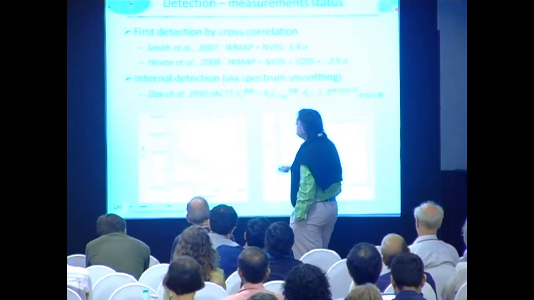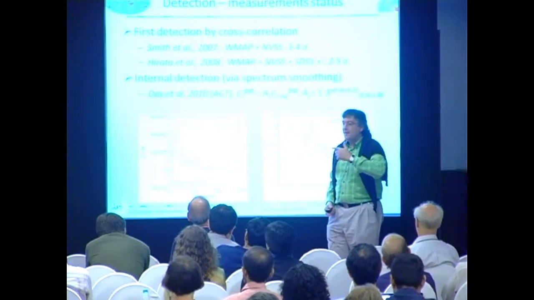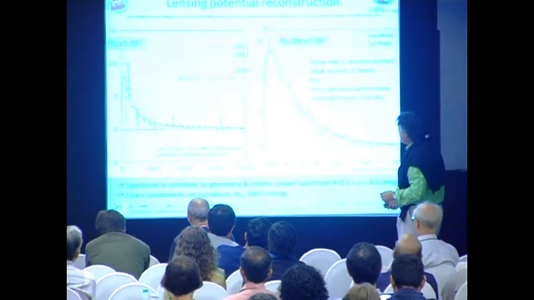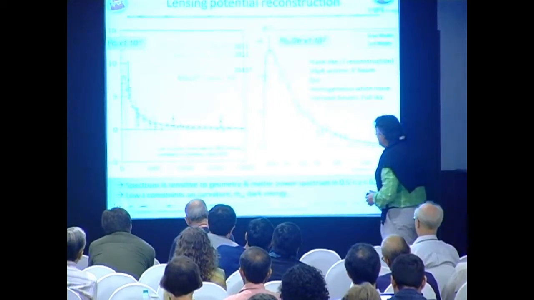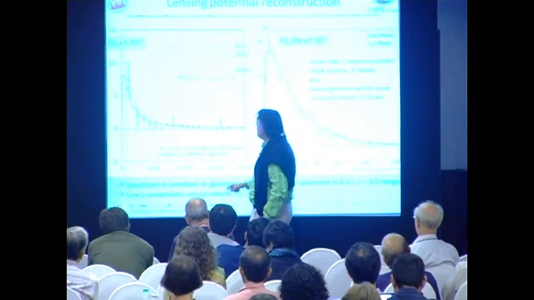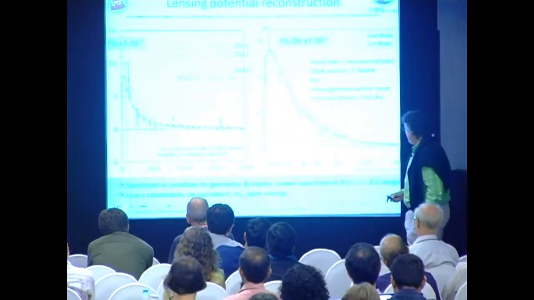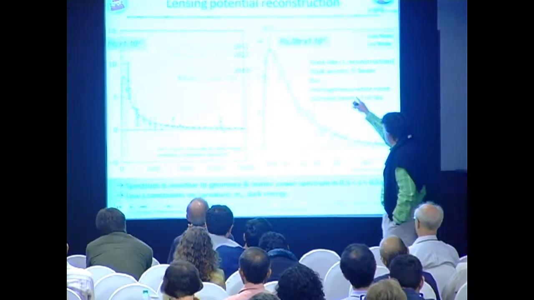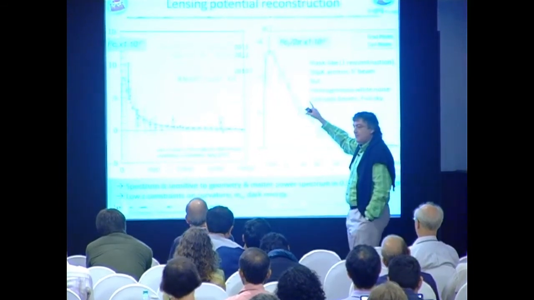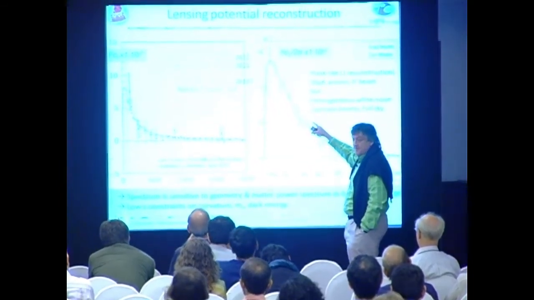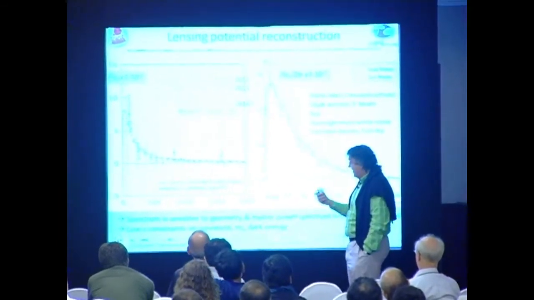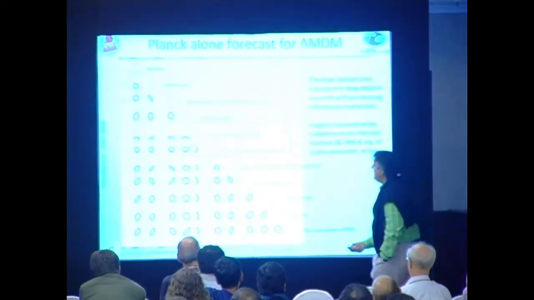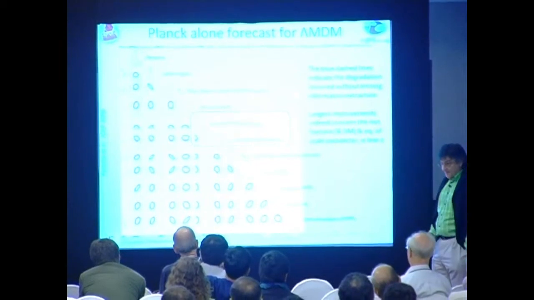Now, you can sort of see how this is done. You assume that you have the theory calculation, and that has been done. And now here is the situation for the lensing potential reconstruction. It's pretty much the current situation, and that's where we hope to be with Planck in essentially a year from now. This is a power spectrum of the deflection field, and that is directly telling you things about the lossy universe. And so that can help to actually break the degeneracies on CMB alone.